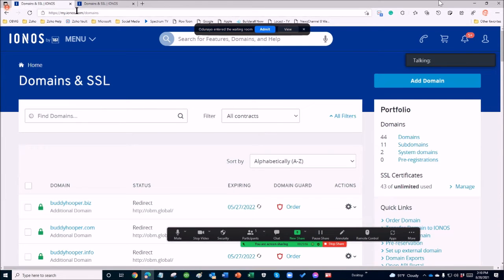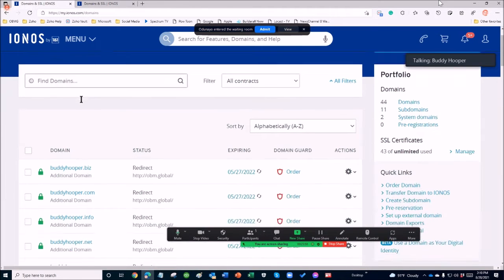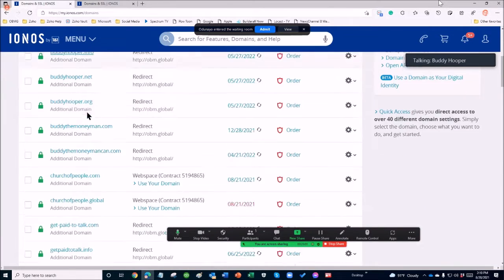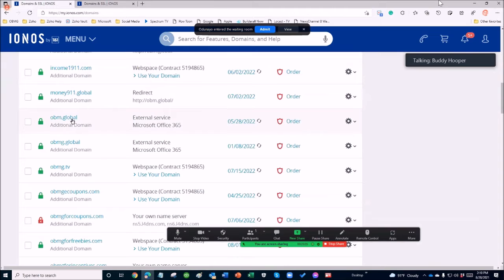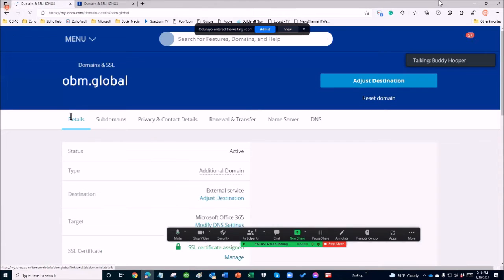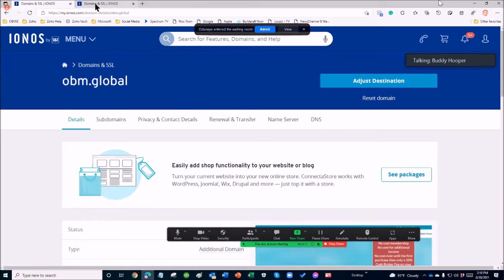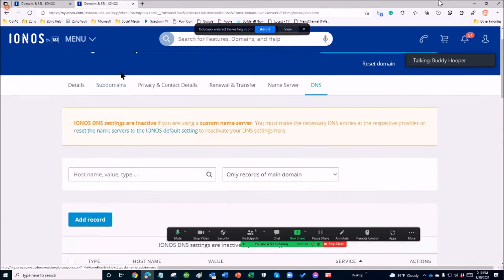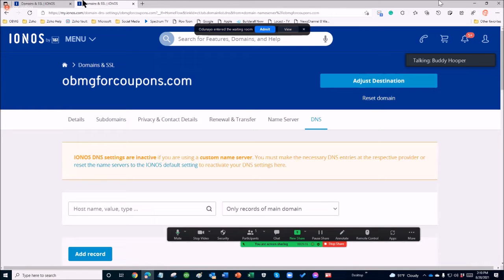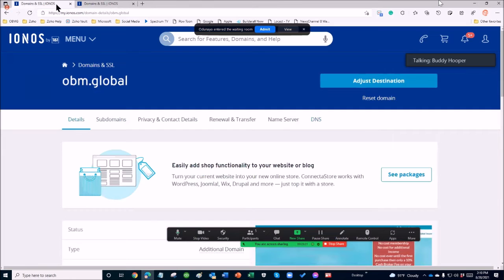Okay. I'm going to use two domains. I'm going to come down here and I'm going to use this one right here. OBMG Global. Now, the reason I'm showing you this one is because this is set up just exactly the same way that this one right here should be set up. Exactly. Okay. Except the front end points to a different front end. So if I go to this right here,